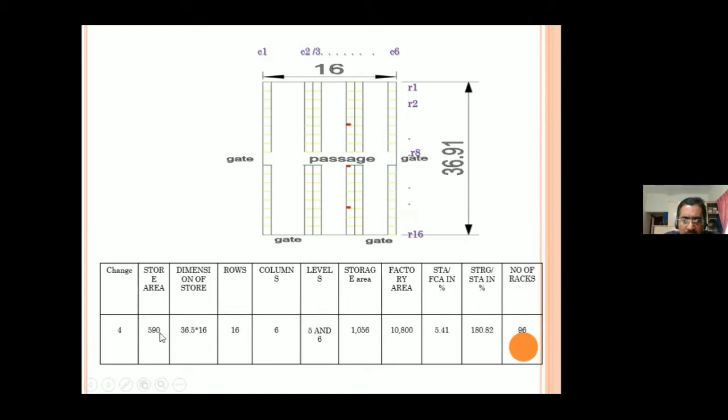And now you see that the store area is reduced to 590 square meters. And the number of racks is reduced to 96. Each is one rack, and each rack has got 5 levels and 6 levels. So now you see that you have brought the store to approximately 590 square meters.